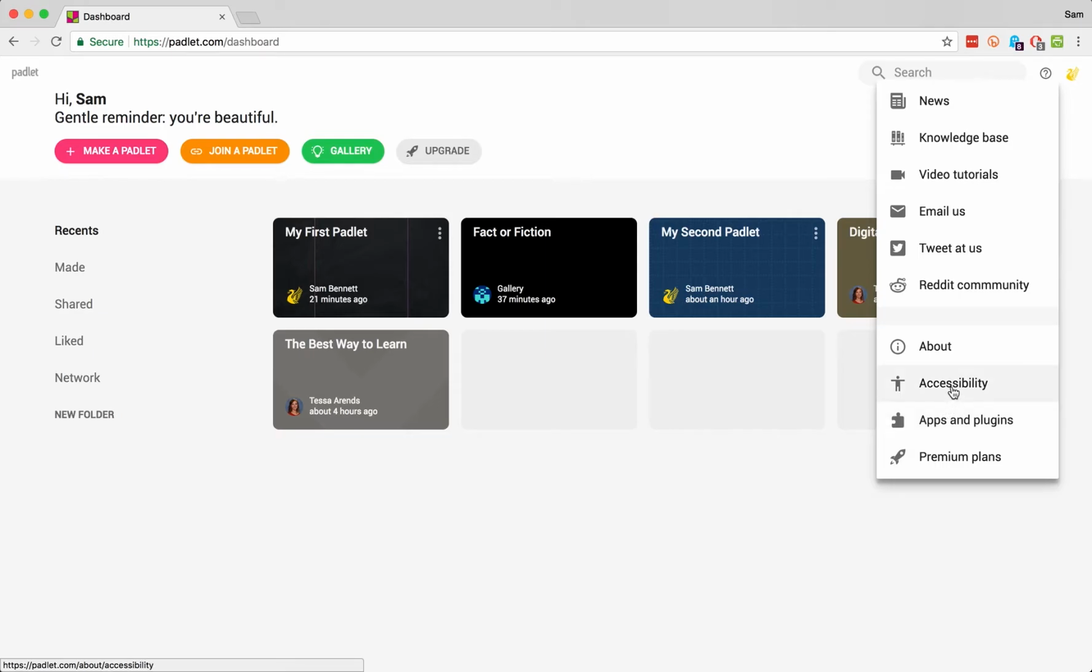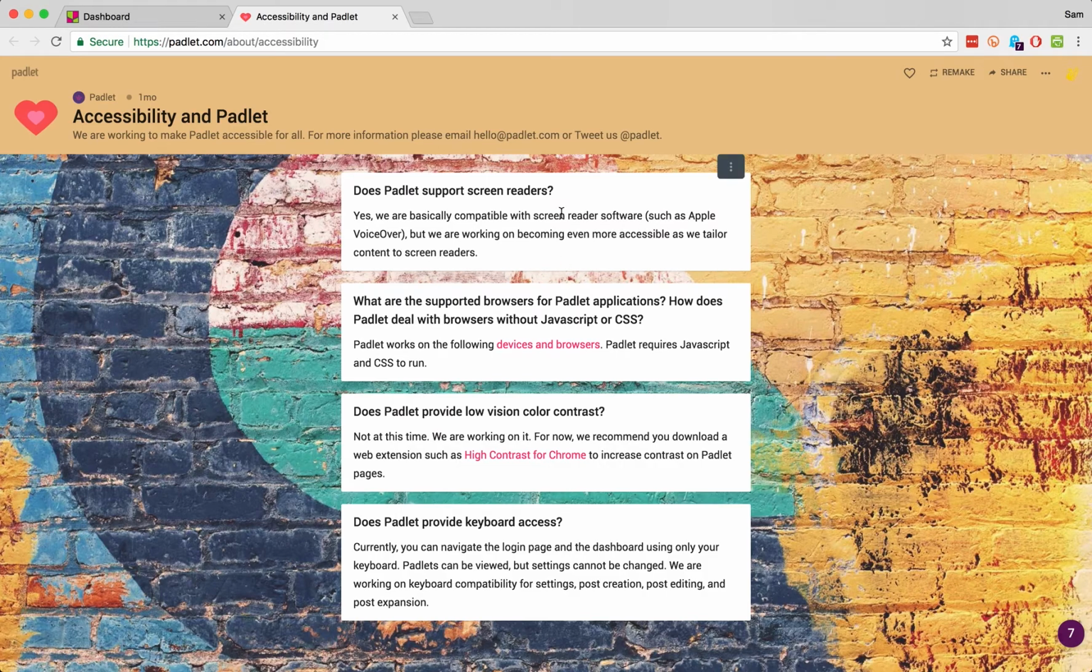And some accessibility things about Padlet. If you click on here, it does support some screen readers, such as Apple's VoiceOver. It does require JavaScript and CSS to run, so if your browser does not support that, it will not run on it. And it doesn't have low vision color contrast or keyboard access at this time,